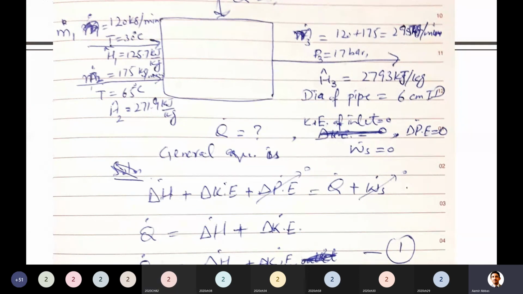No. No, sir. In the question, when there is nothing discussed about the height or anything related to that, you can just ignore that. So due to this, here I mentioned delta PE is equal to 0. Is there any shaft work being found here? No, sir. Yes, in the boiler, just remember, maybe many of you don't know, a boiler is just simple equipment in which water enters and it is converted to steam. So there is no work taking place inside this in the form of shaft. But in a turbine, definitely the turbine rotates and then shaft work takes place.